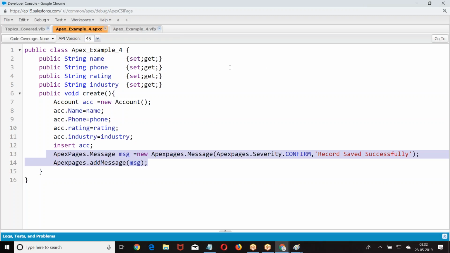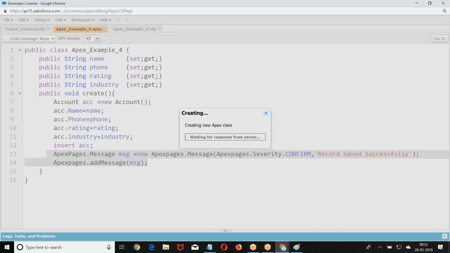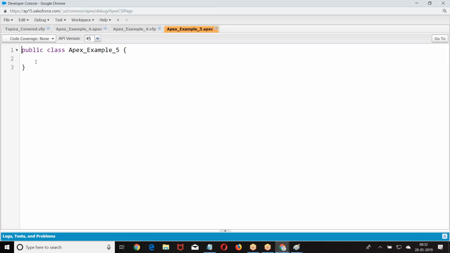Now make an attempt at creating the class to create a contact record. So I ask you to take a public string.